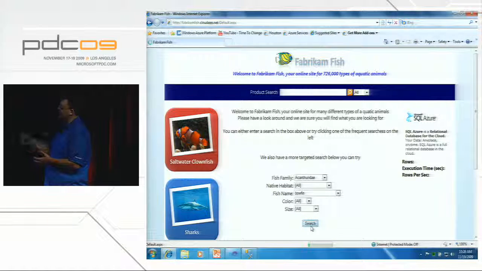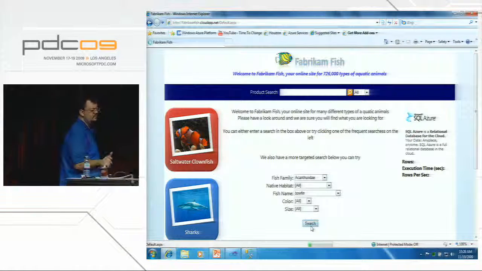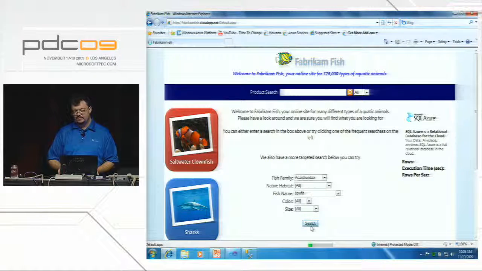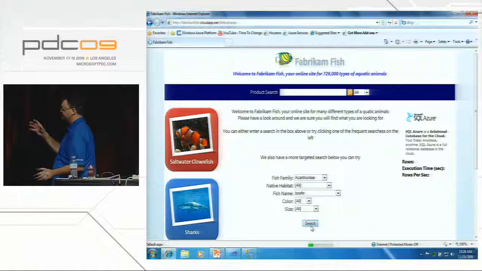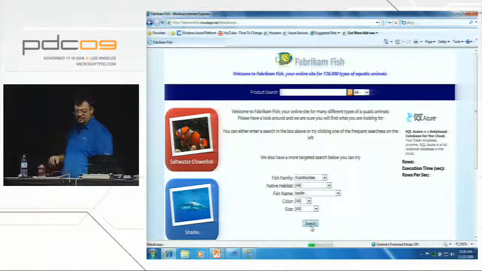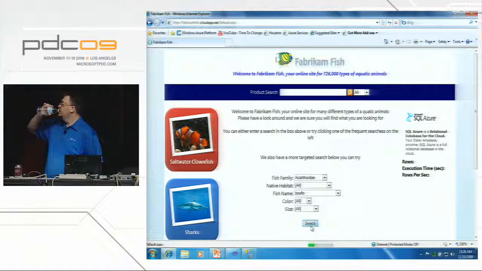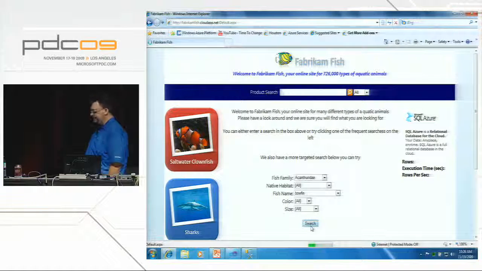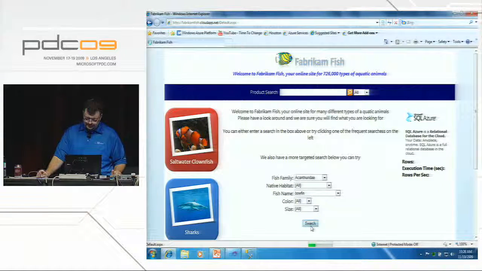And in a moment, on the right-hand side of the screen, we have the rows, execution time, and rows per second, just to show you, not from the slow convention center network up to Azure, but the interaction of the database if you were on a real network. This will show you the round trip time from Windows Azure to SQL Azure and back again. Let's give this one more second. One more second. Oh, I love convention center networks.